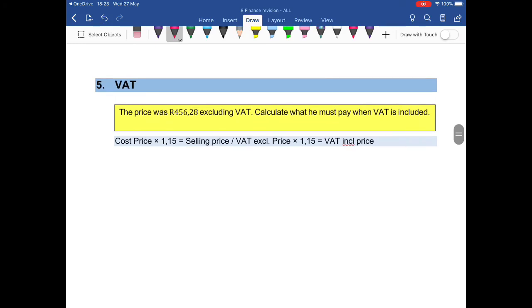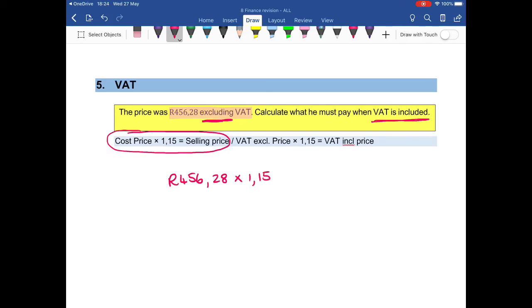Let's have a look at VAT. So the first one we're going to have a look at, the price was 456.28 excluding VAT. So there's no VAT on this. Calculate the price when VAT is included. So in other words, I'm going to have to add my VAT on. So my formula for that, I'm going to take the cost price multiplied by 1,15. It is going to be 456 Rand 28 multiplied by 1,15, and I am going to get